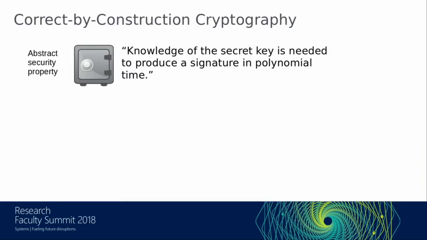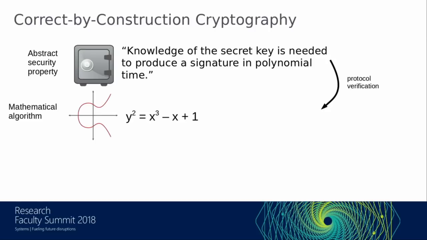So we wanted to go at this in the so-called correct by construction way. It'll be sort of a way of writing the code so at every point, all the code you have is guaranteed to be computing the correct answer. And there's a long history of this kind of formal reasoning in cryptography, where we typically start with a property like, I have a digital signature scheme. No one can forge signatures if they don't know the right secrets.